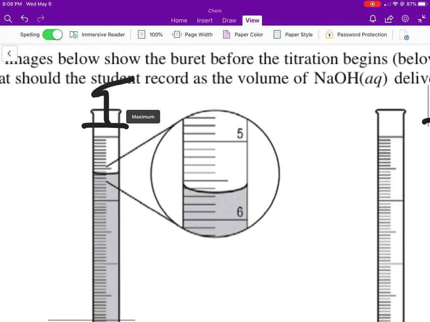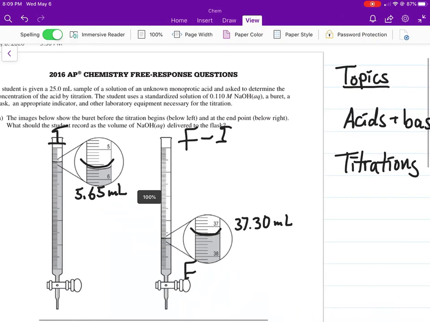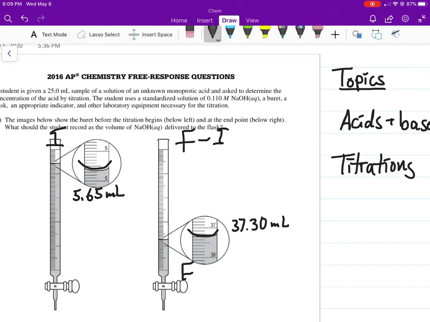That's the final. Now for the initial, same here, we read from the bottom of the meniscus. Here, we can confidently say that this is 5.6 milliliters, and then we can estimate that to be a 5. So this is the initial, 5.65 milliliters. Now, to find the volume, you subtract